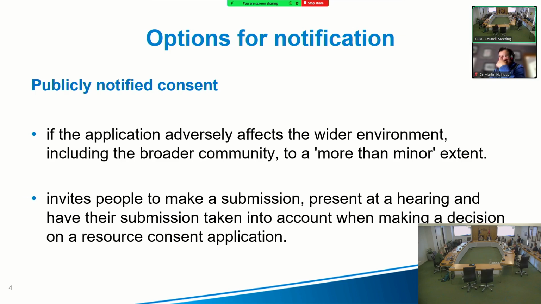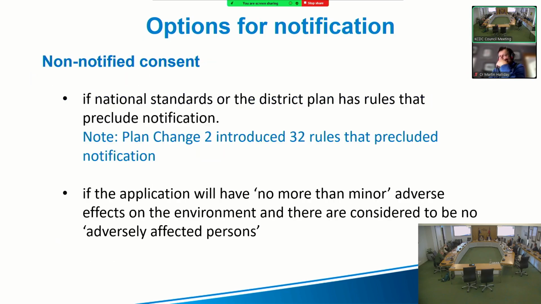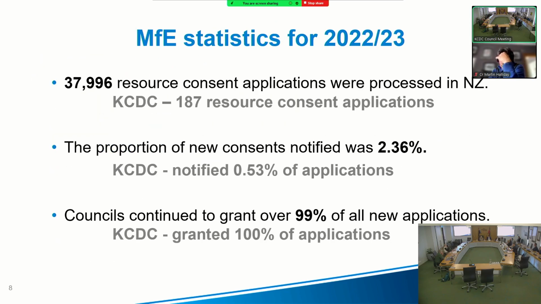Okay, my last question, thank you everyone for your patience. You gave all the figures about the notifications on page 7. So this was actually 2022-23. What has it been since we implemented plan change 2? I would imagine that would actually drop. Would that be a fair assessment? Correct. I don't have the exact figures on hand, but I'm happy to provide that.